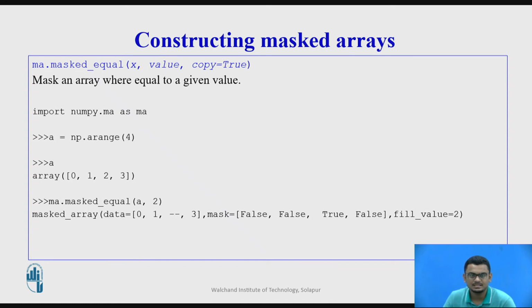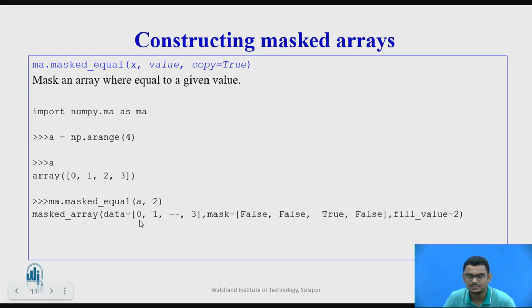Now let us look at this function masked_equal, where we have the liberty to mask any value from the array which is equal to a particular value. So x is an array and value is the value that we want to mask from x. So here we have an array A which has 4 values 0, 1, 2, 3, and we want to generate a masked array where any value which is equal to 2 in A will be masked.